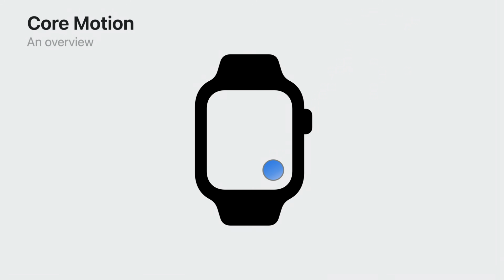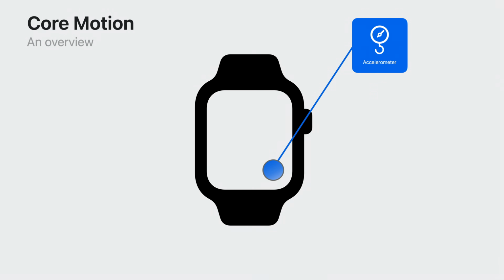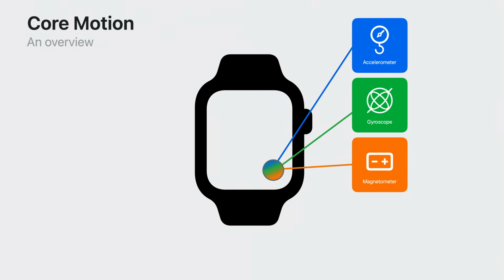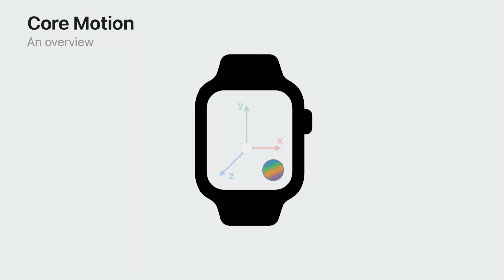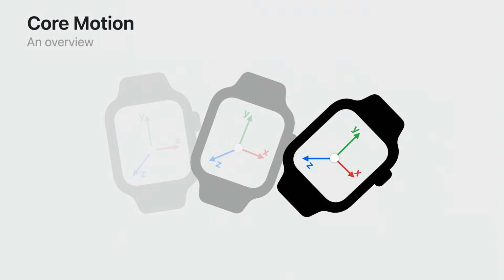Its built-in sensors include an accelerometer, which measures acceleration, a gyroscope, which measures rotation, a magnetometer, which measures the magnetic field, and a barometer, which measures pressure. Together, they help track how the device moves and orients in space. Generating an idea of a device's movement is fundamental to many of the features we enjoy.